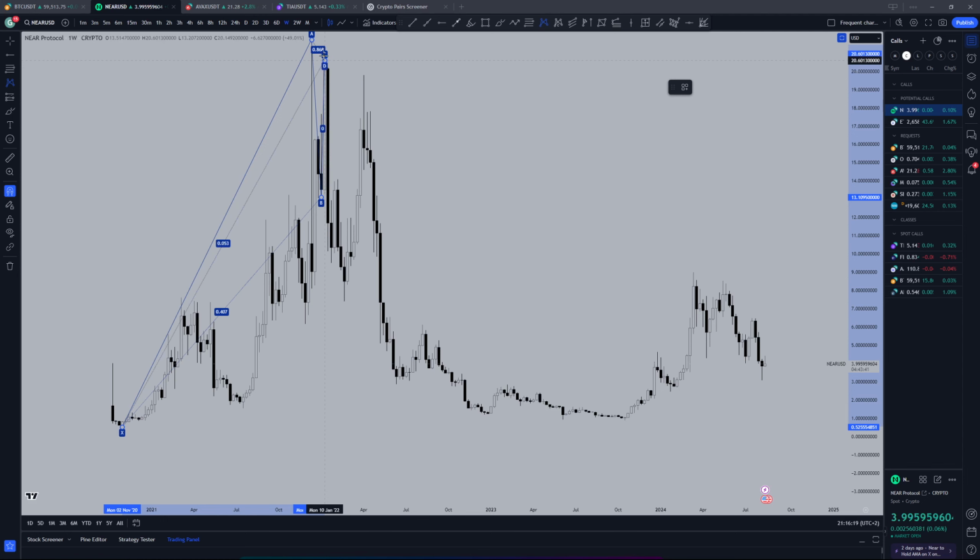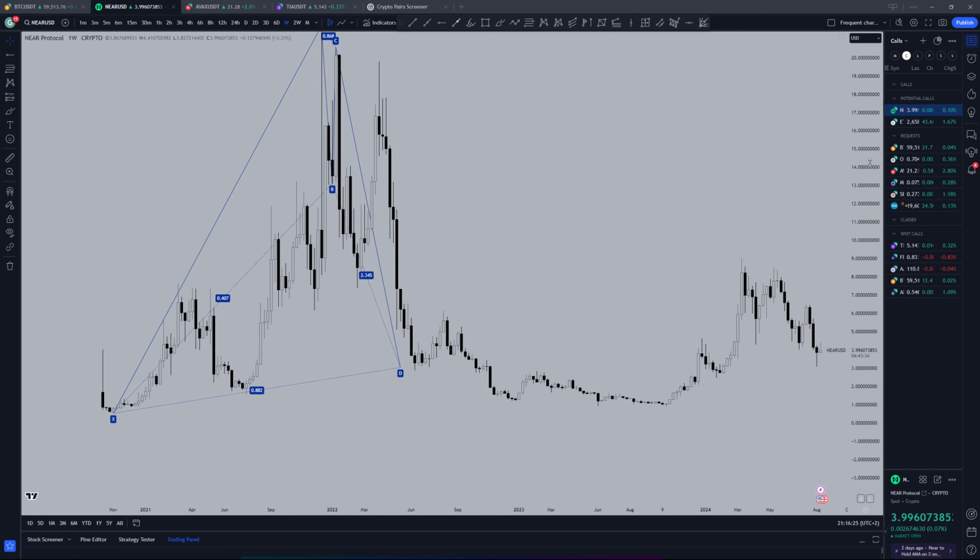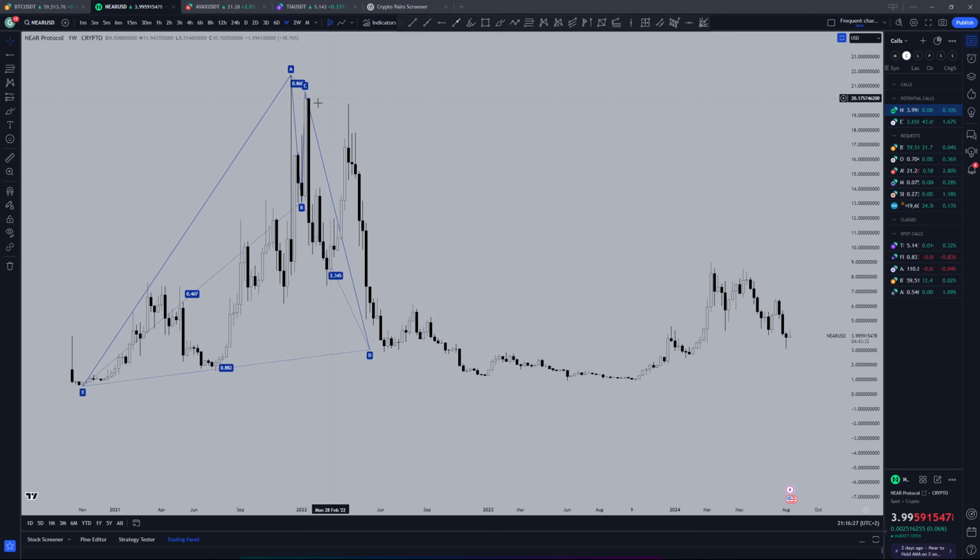I think that was it. It was a bat. Yeah, that was it. Okay, so we had this macro bat right over here, which we literally just came back to for a type